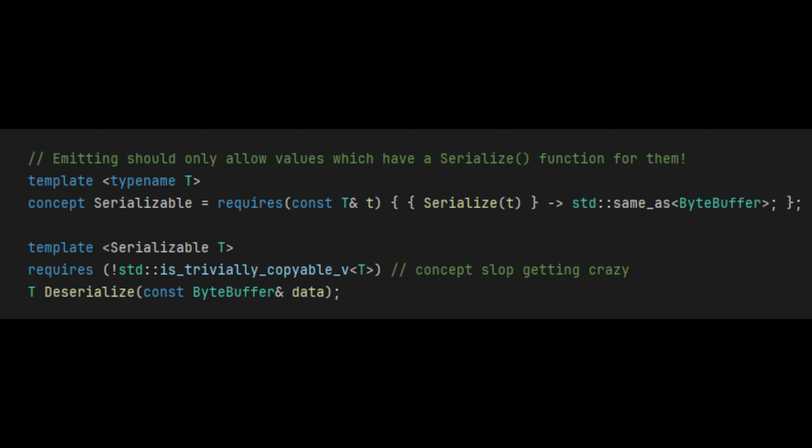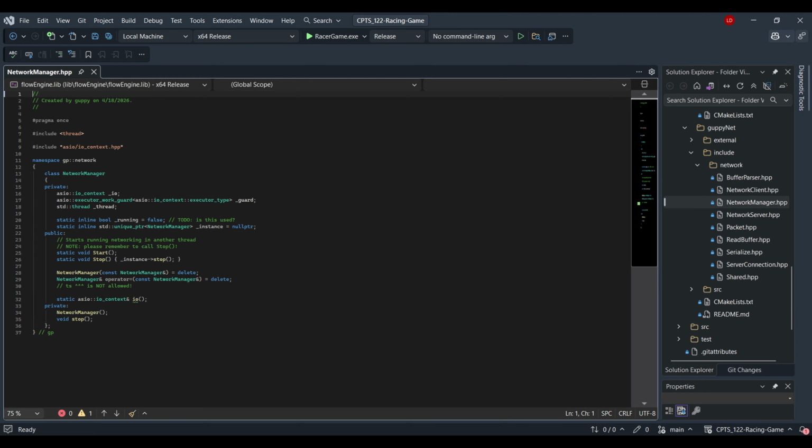I use concepts for emitting and receiving events to restrict parameters to only use data types which have a serialized function, and I also use concepts for a serialized function which accepts anything which is trivially copyable. All event callbacks are stored in an unordered map, and I use a singleton network manager to abstract away creating